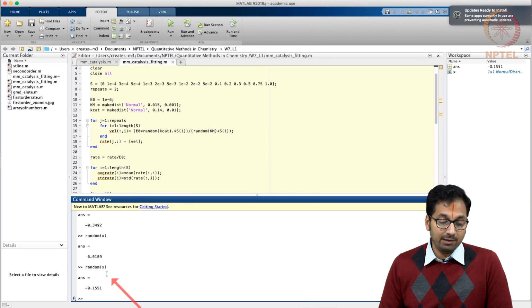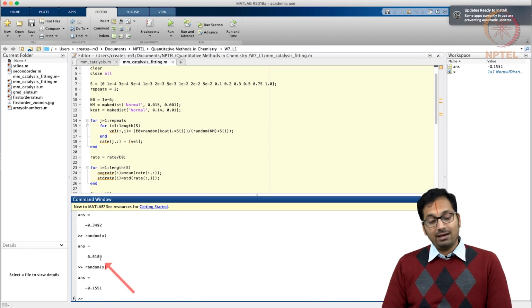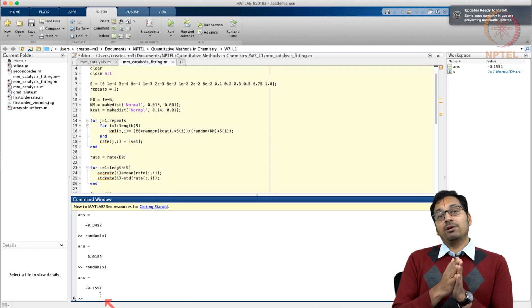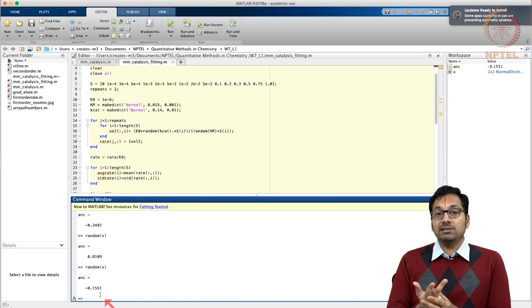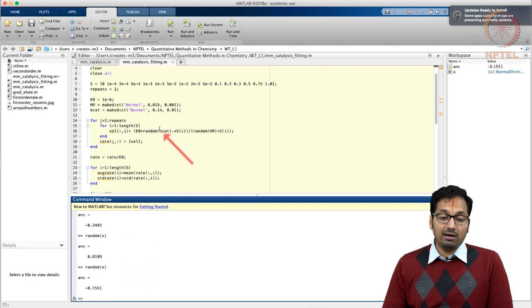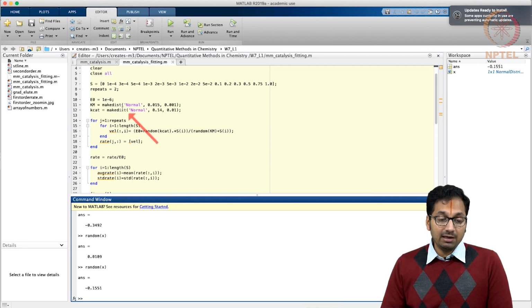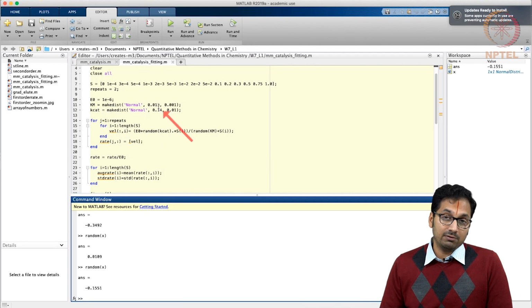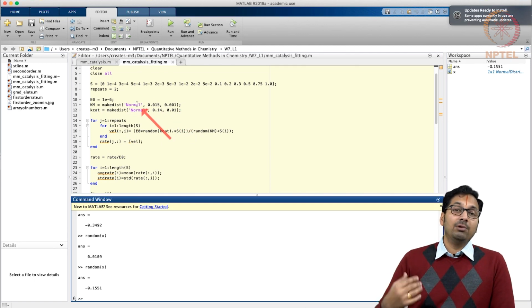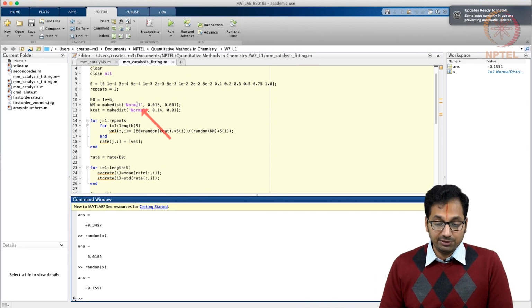When you repeat the same random x multiple times, you don't even see the numbers coming up similar, but if you repeat it enough and take the average and the standard deviation, you will finally converge at the values that we have given in this case, which are 0 and 0.1. Similarly with km and kcat, you have a certain average and a standard deviation that has been given, and it is simulated with a normal or Gaussian distribution.